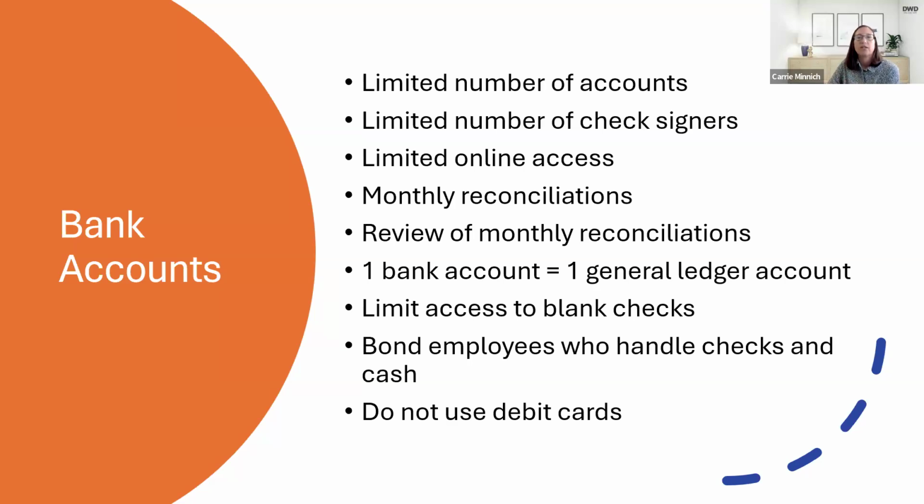If it does not agree, we need to figure out why. Sometimes you will have outstanding items. You'll have reconciling items like deposits in transit or outstanding checks that haven't cleared the bank yet. That's perfectly fine. That's reasonable that you would have those items. But if you have outstanding journal entries on your bank reconciliation, that is probably not correct.